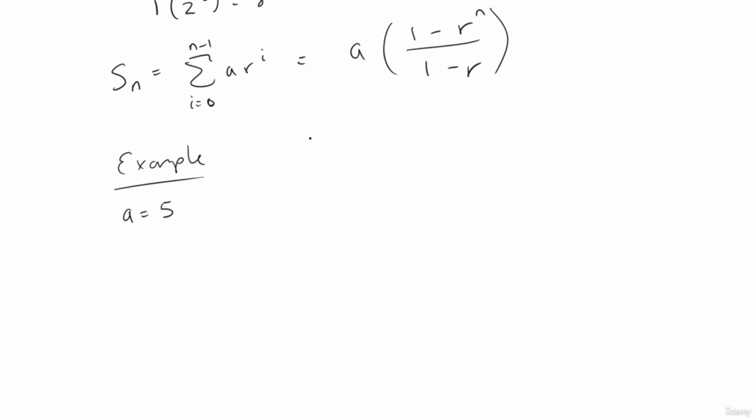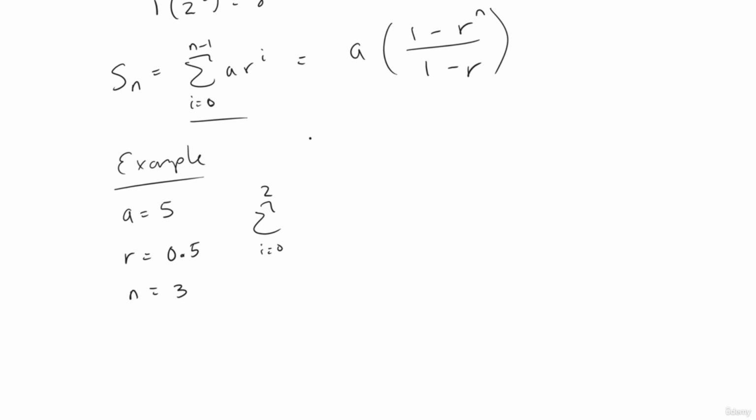A is equal to 5. We start with 5. R is going to be equal to 0.5. And just trying to make things a little bit different, we're only going to go out to n is equal to 3 to keep this short. And so we're going to use this to write the summation from i equals 0 to n minus 1